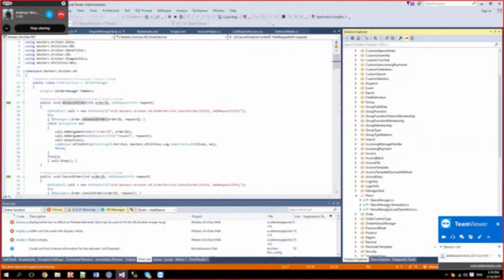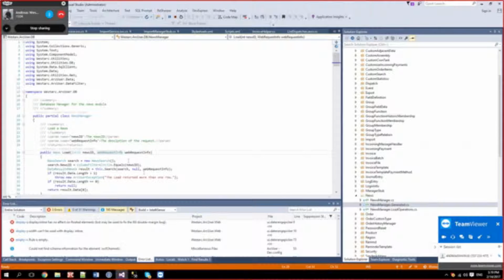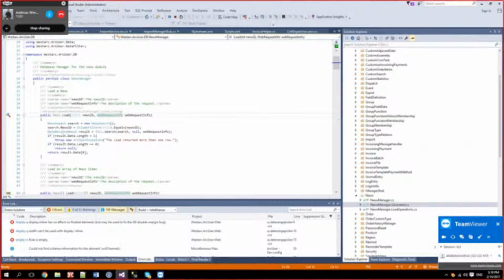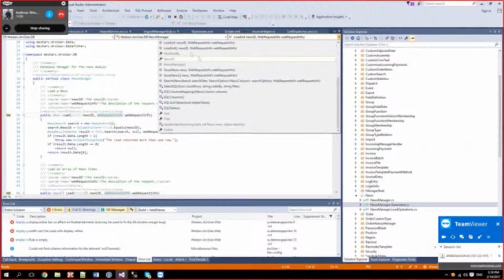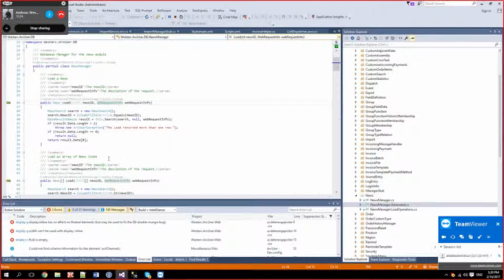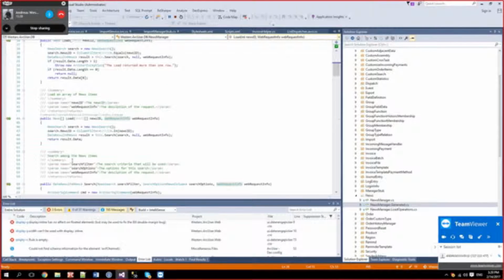I think this one is pretty small. We got a generated file. And this generated file contains some functions: a couple of load functions, a couple of save functions, a search. Yeah, these are pretty much just internal search functions. So this is how we communicate with the database.